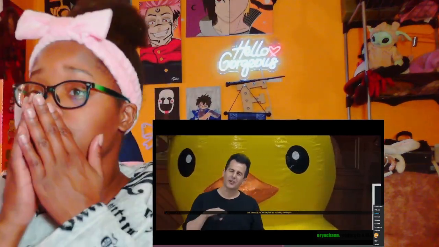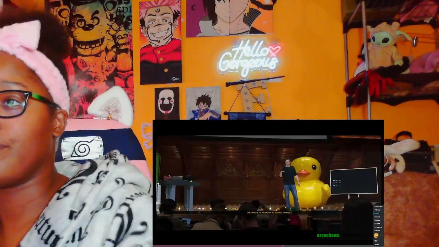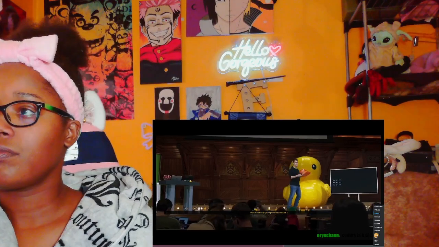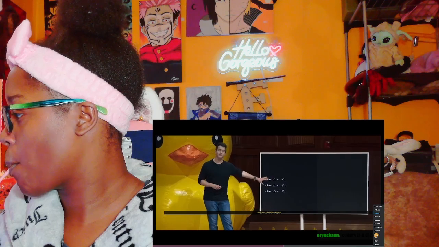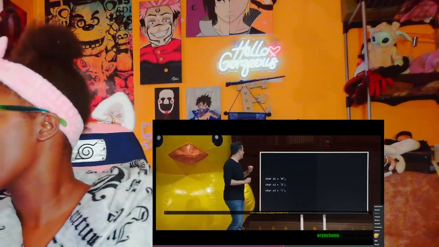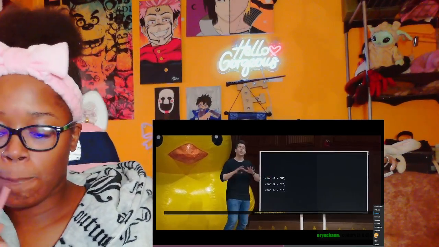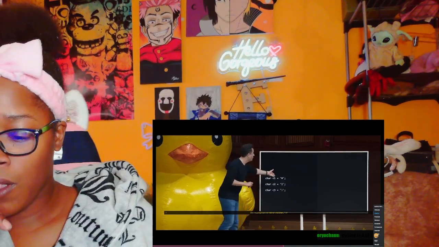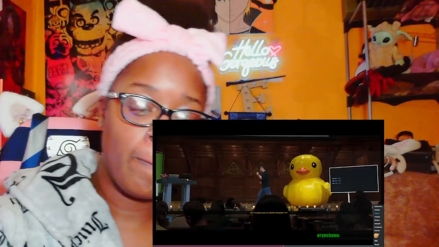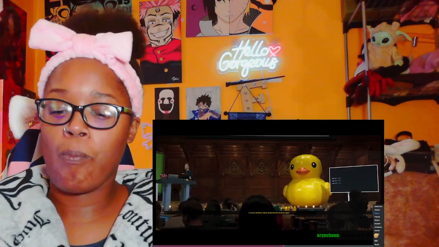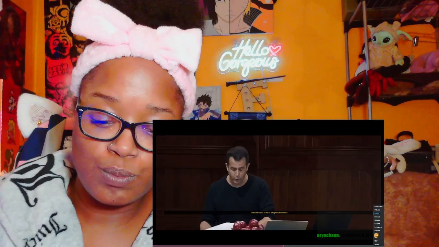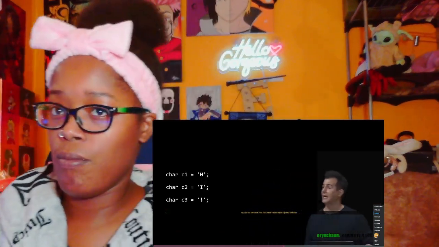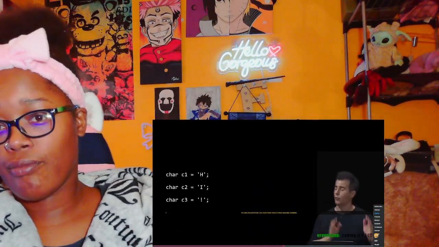So it turns out you actually had this capability for the past week, even though you might not have realized it. And let me propose that we first consider a very simple example of 3 chars instead of 3 integers. Simplistically, I'm going to call them C1, C2, and C3 just for the sake of discussion. But I'm going to put our familiar characters, H, I, exclamation point, in those variables using single quotes, because again, that's what you do when using individual chars to make the point that I can store 3 chars in 3 separate